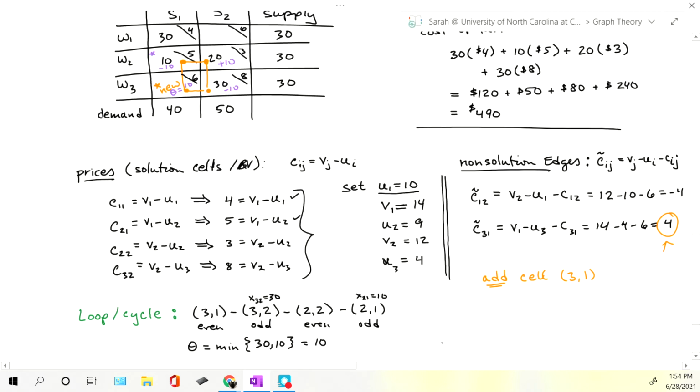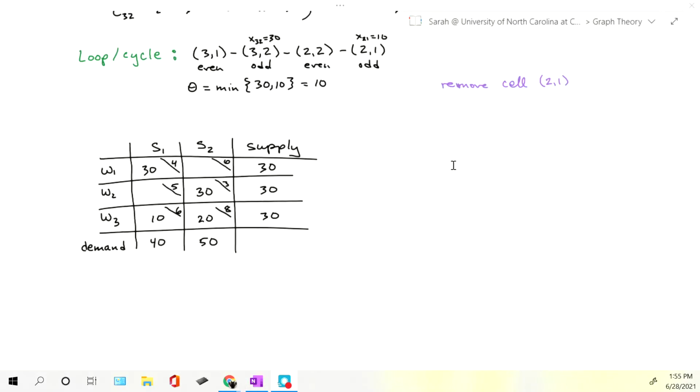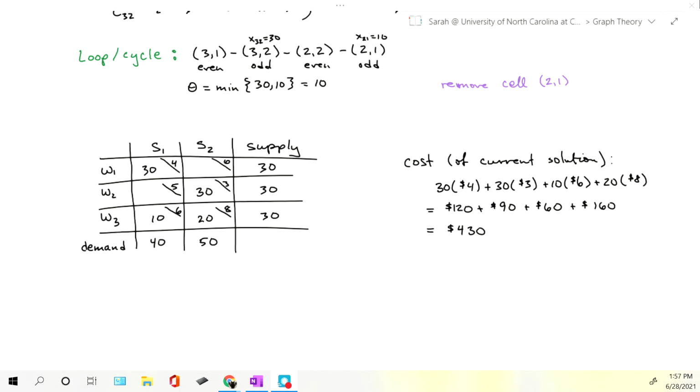So let me go ahead and write this over to the side. Remove cell 2,1 from our solution. Now, once you have that next iteration, the quote-unquote better solution, we can calculate the cost associated to this guy. Just like before, we multiplied the values of the cells that were actually visible times their associated cost, and then we just add that up. So we get that the current cost is $4.30, and remember the previous cost was $4.90, so we did in fact drop